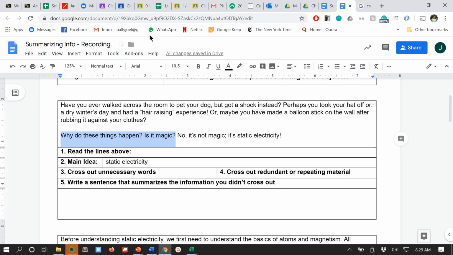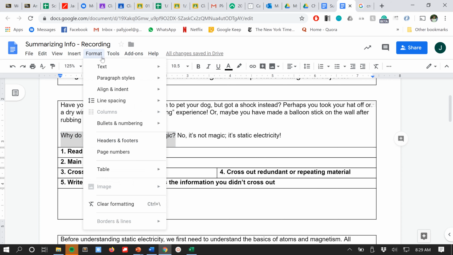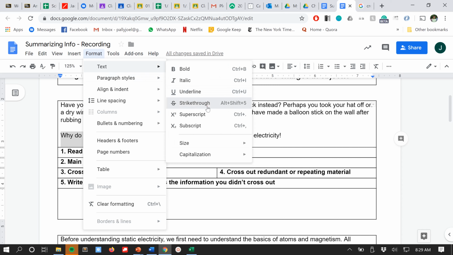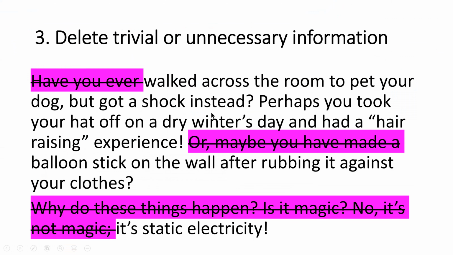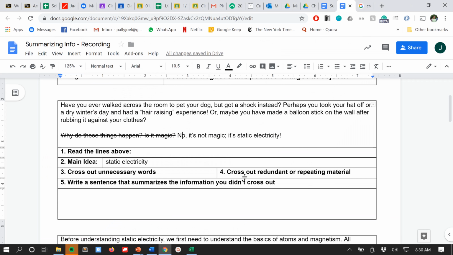And you should be doing the same thing. If you're on Google Docs, you can go to Format, Text, Strikethrough, or use that shortcut. If you're on a computer, you can use this keyboard shortcut to strike through that. Next, I'm seeing a couple phrases like "have you ever" or "maybe you have made a." These are phrases that the author is using to try to connect to the reader, but when we're summarizing, we don't really need all that extra fluff. So I'm going to go ahead and